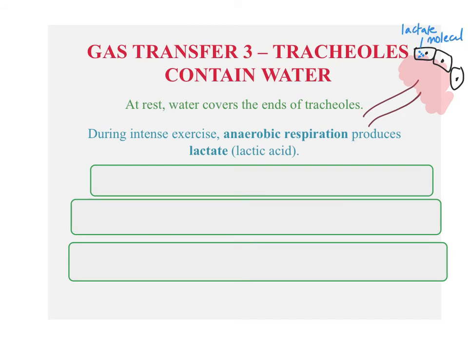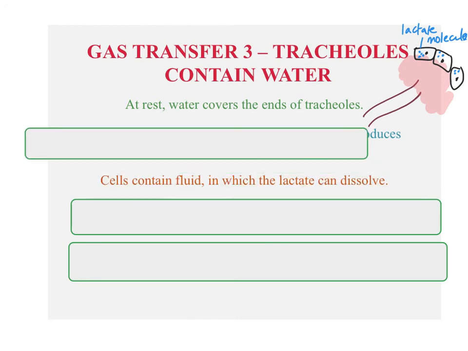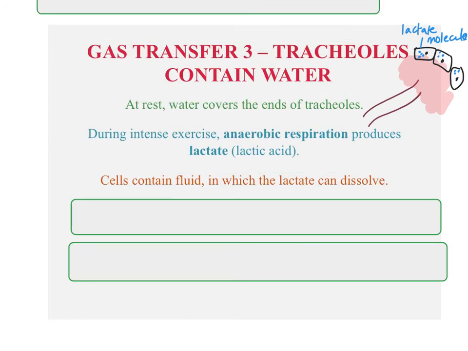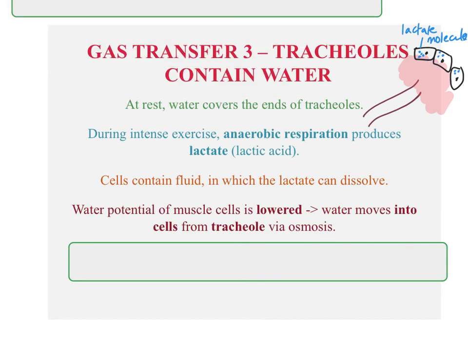Lactate molecules. And these lactate molecules are able to dissolve. So what they can do is dissolve in the cytoplasm and make a really acid-rich situation, lactic acid. We don't want our cells to become acidic. But the dissolving of lactate to make that acidic cell cytoplasm means that we're going to get a reduced water